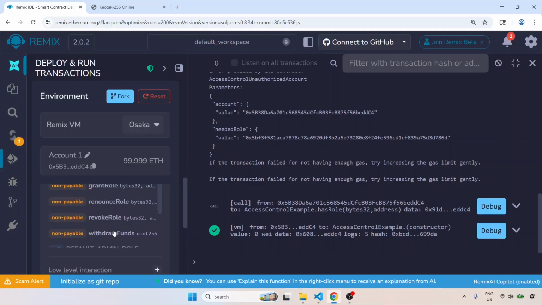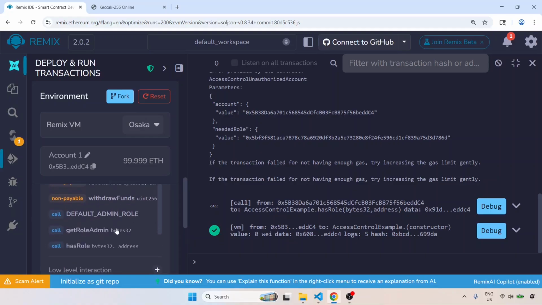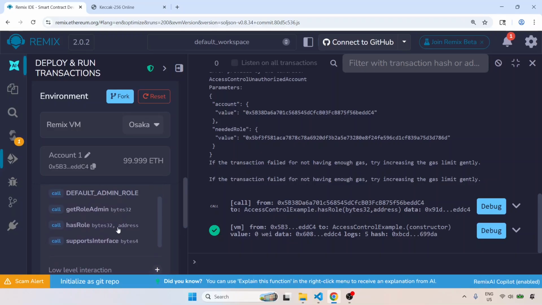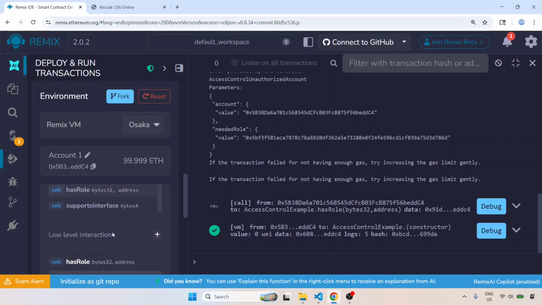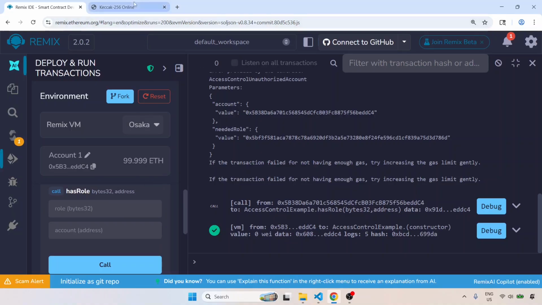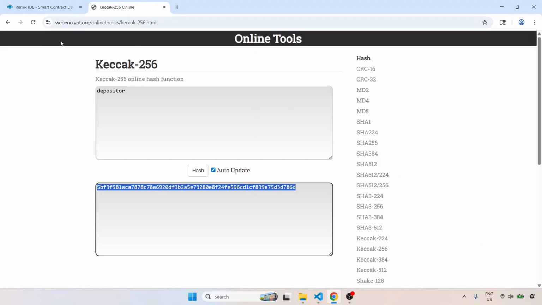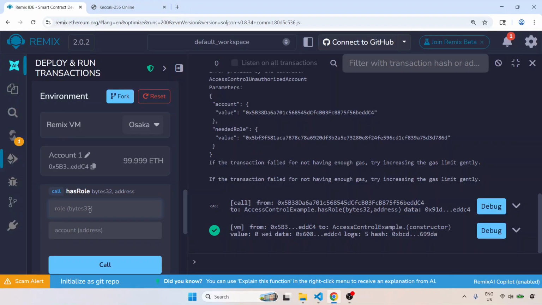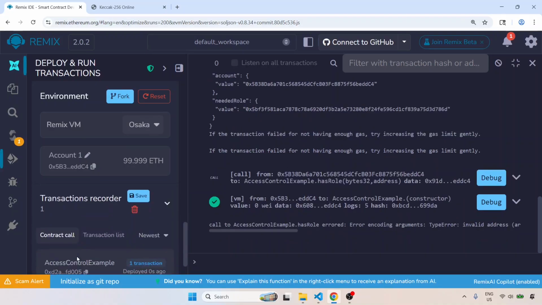So now that we have done this, we can now check certain other things. For example, we can do the same has role method. So for example, we can come over here, copy this, paste it here, and check if this first account has access to the depositor role. And the answer should be no, right? The answer,